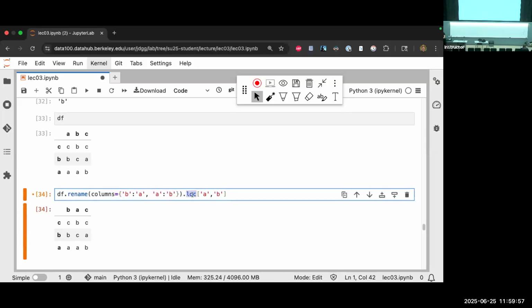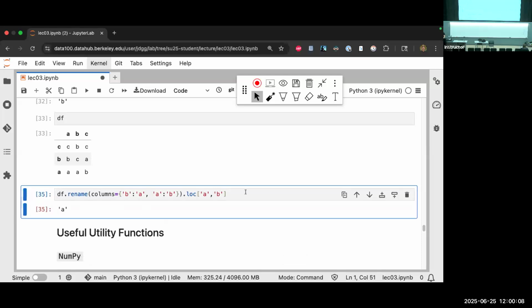Now what we're going to do is grab the location corresponding to the row label A and this column label B. Column label B is now right here. That looks like an A to me, and indeed we get back an A. Okay? Good? The important thing here is being able to read code, see what it does, run it, and eventually get to the right answer. Good. Nice work on those Slidos.